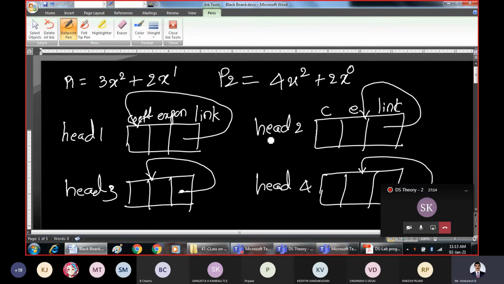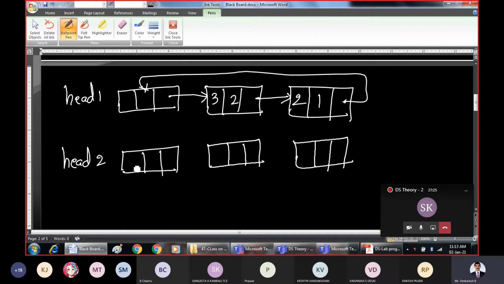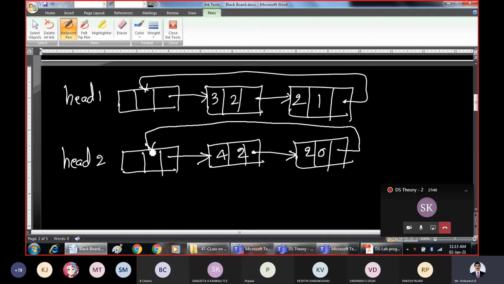The second polynomial is 4x square plus 2x raised to 0. It will point here. The procedure is the same for the second polynomial.